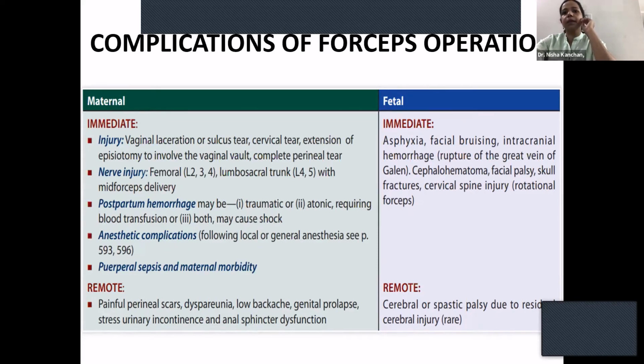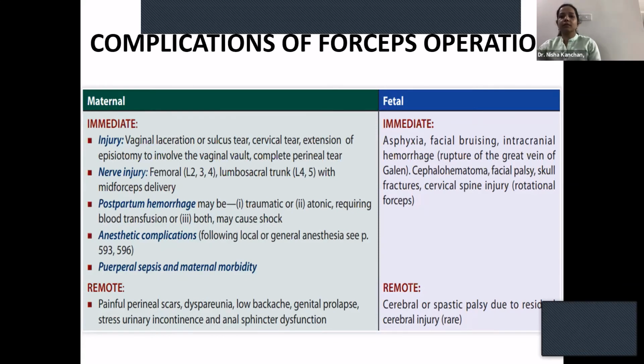Postpartum hemorrhage, traumatic because of your vaginal tear or cervical tear. Atonic, because the uterus has been in labor for too long. Once the baby is forcibly delivered, it doesn't contract. Okay, or both might be there, and she may go into shock. Sometimes the bleeding will be above the level of the broad ligament. There might be an injury in the broad ligament, and there will be intraperitoneal bleeding, and you might not diagnose it vaginally. So these are all worst case scenarios, but scary, which can happen.